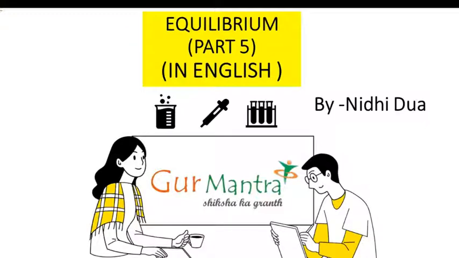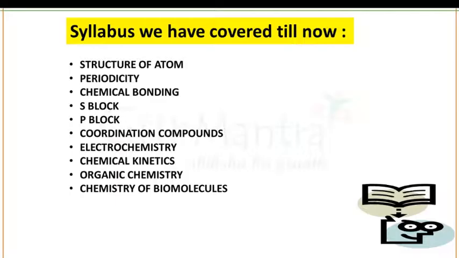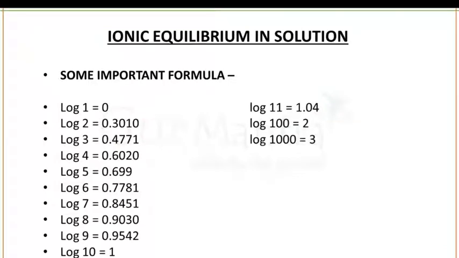So guys, in previous lectures we have started the topic equilibrium, that is our section 4, and in today's lecture we are going to discuss part 5 of the topic equilibrium. In today's lecture the first topic is ionic equilibrium and solutions. As you know very well, we have completed chemical equilibrium in previous lectures. So today we are going to discuss ionic equilibrium, but before starting the topic I would like